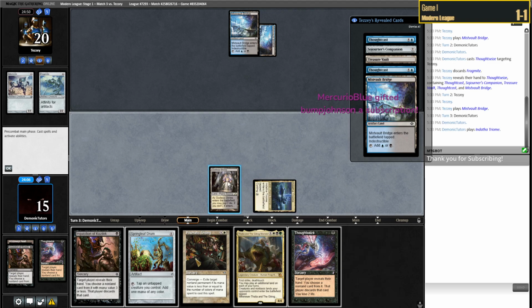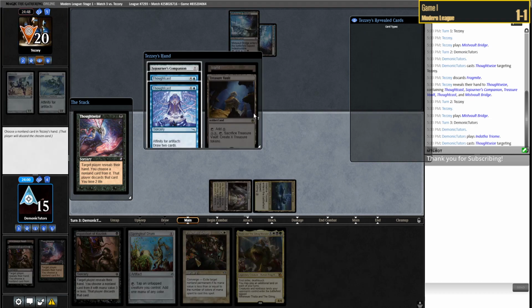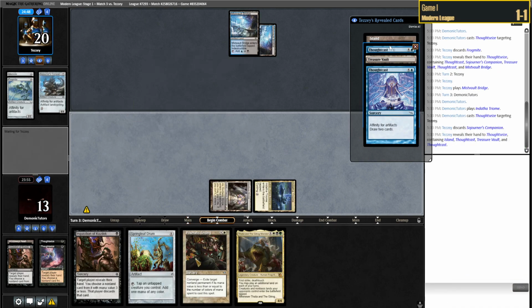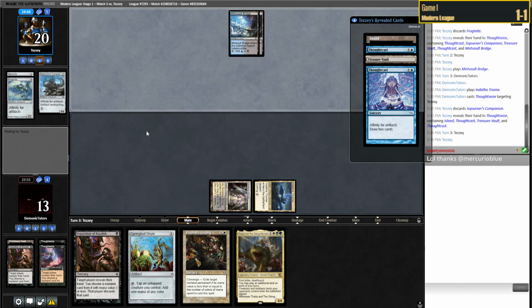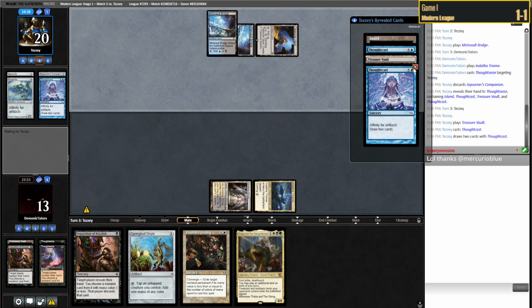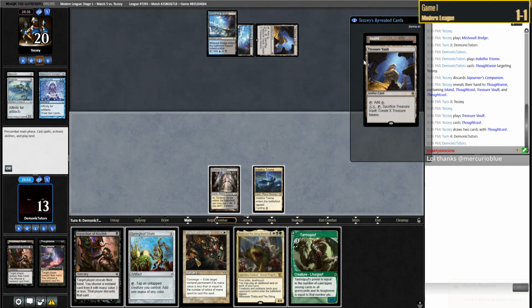Alright, we drew a land. So let's Thoughtseize the Companion. I mean, leaving them with these two isn't the end of the world. Mercurio, thank you. Thank you, Mercurio. It was very kind of you. Alright, they're going to get to fill up their hand. But hopefully if them filling up their hand gives us Inquisition, that our Inquisition is now live. Actually, let's just